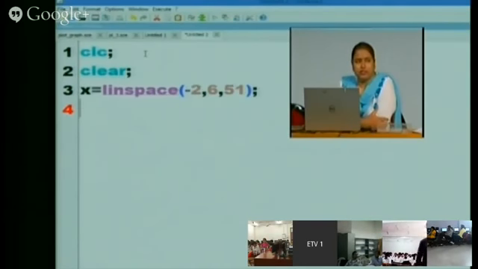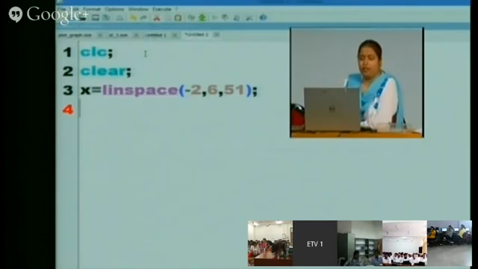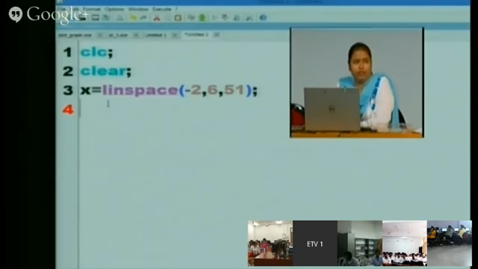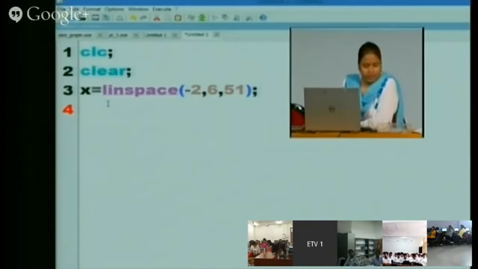First is the x minimum value, then the range is -2 to 6, means x min is -2, x max is 6, and the number of elements will be 51. Earlier we were giving the distance or the space that we required. Now here no space is given, we are just giving how many elements we require. Then d is equal to the size of x.